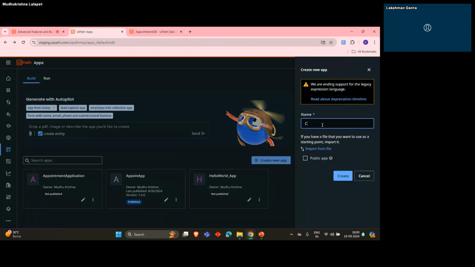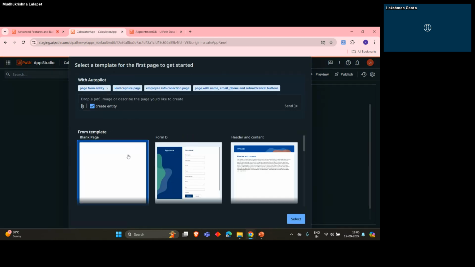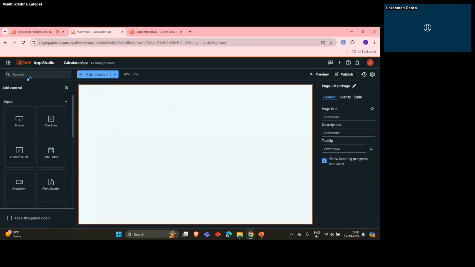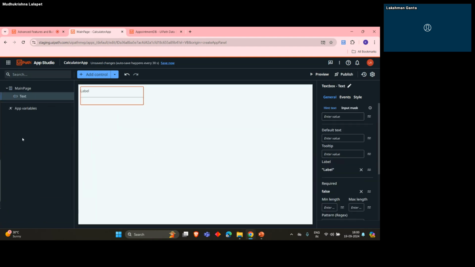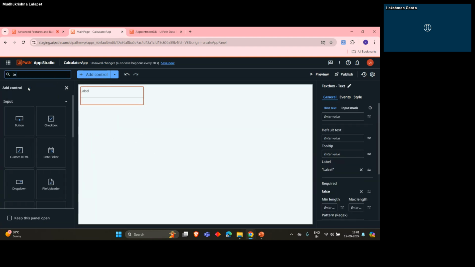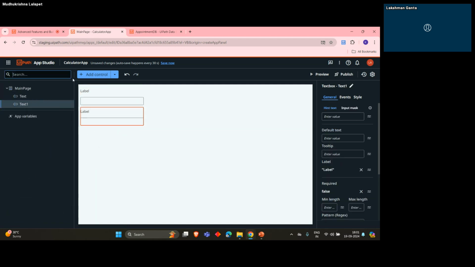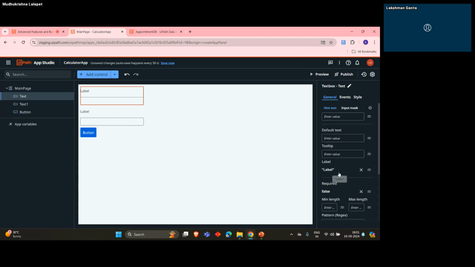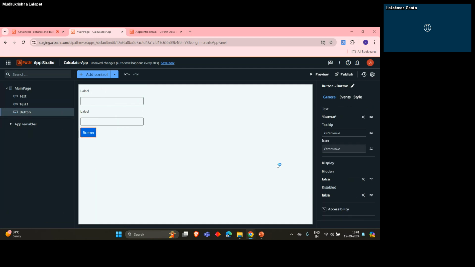Let's create one more simple app like a calculator. You can start with this calculator app. If you're learning UiPath apps, this is just to know how the VB expressions work. Click on select, add two text boxes and a button. You can ask a value here, you can ask b value here, and then for the button you can write an event,